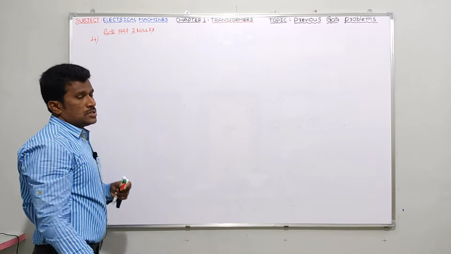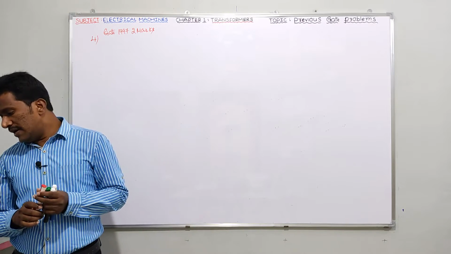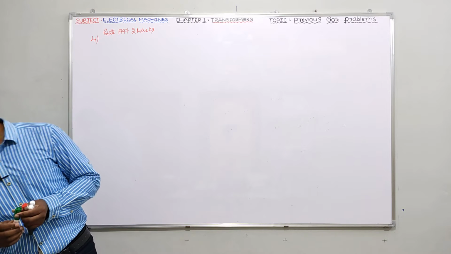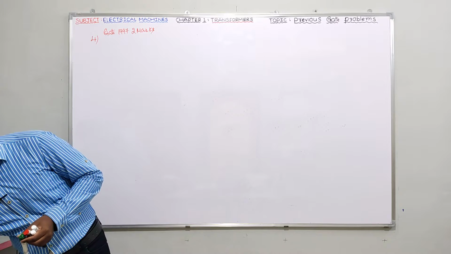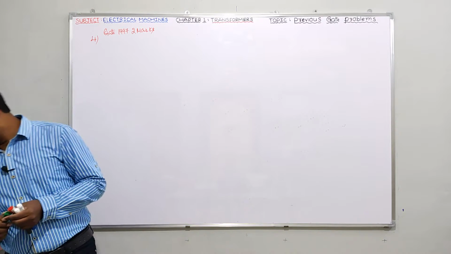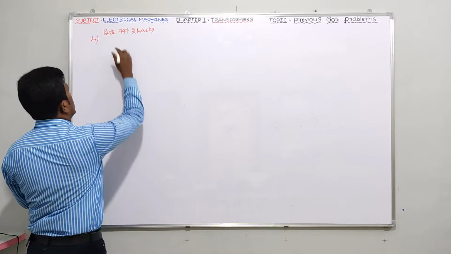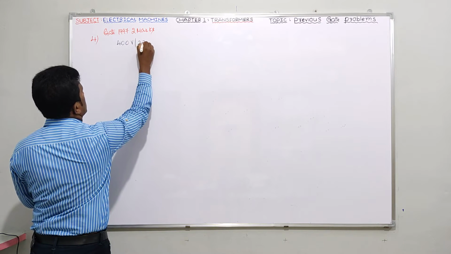Please try to go through the question. What has he given? The low voltage winding of a 400 volts by 230 volts single phase 50 Hz transformer is to be connected to a 25 Hertz supply, then the supply voltage should be. So what is the voltage that he has given us? He has given 400 volts by 230 volts.